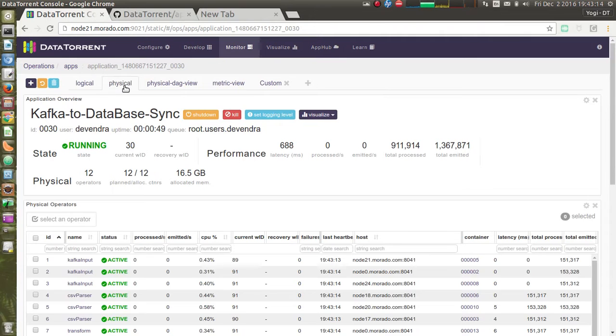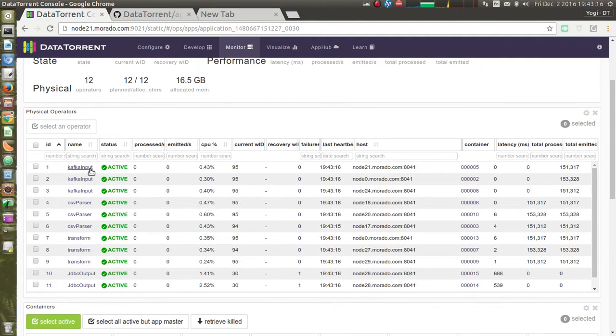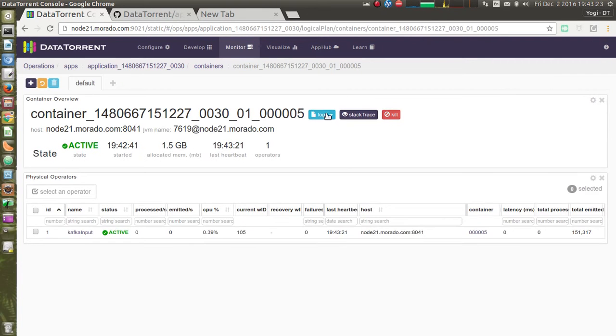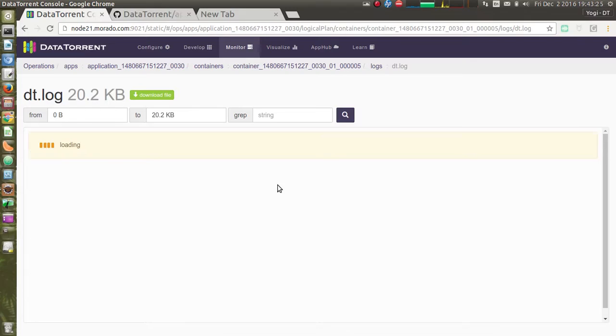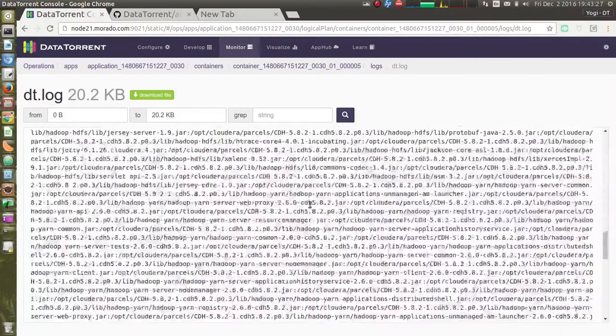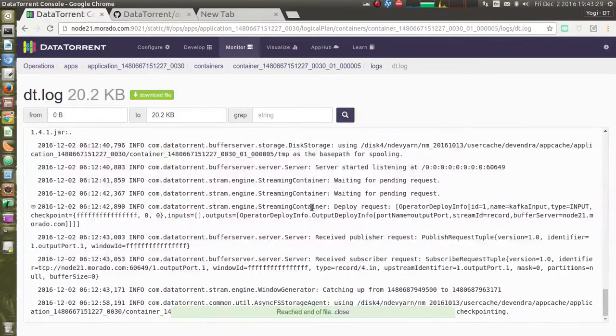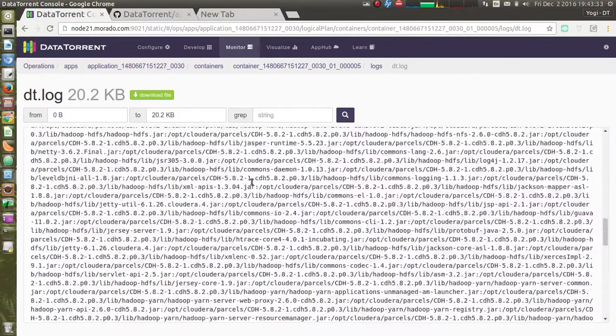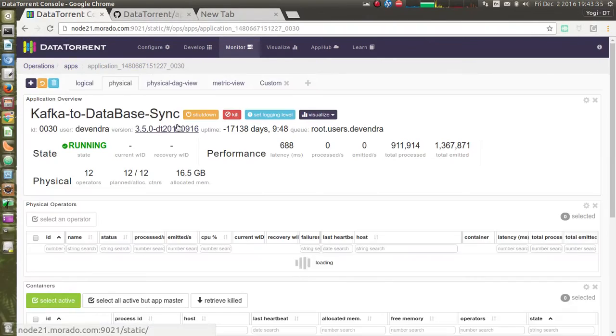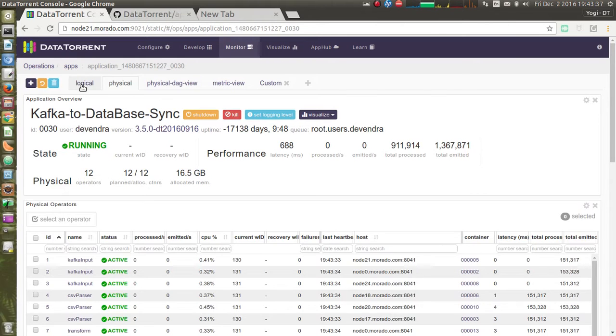If we navigate to the physical tab, we see the actual physical instances of the operator, and we can click on the container link to look at the logs. So if you get some exceptions, you can look at these logs for debugging.